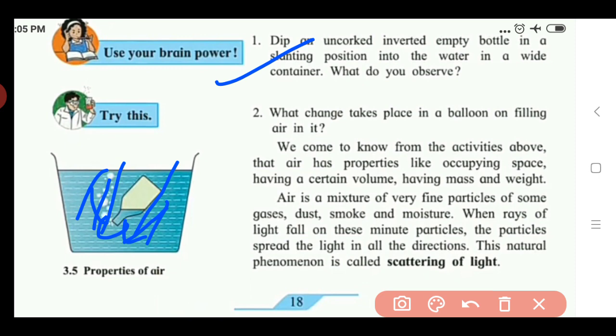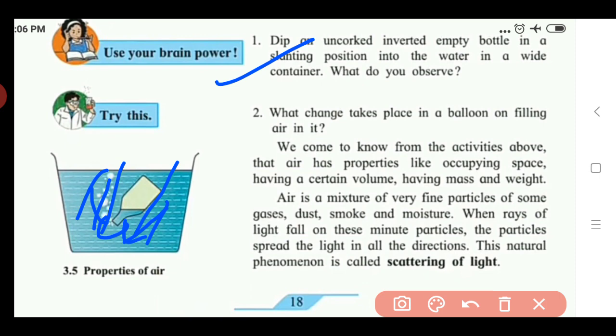The space of this air gets occupied by these water droplets, and due to this what happened? We see air bubbles come out from the mouth of this bottle. So this means we can say that air also requires space. So air occupies space. From this example we can say that inside the bottle there is air present, and when we